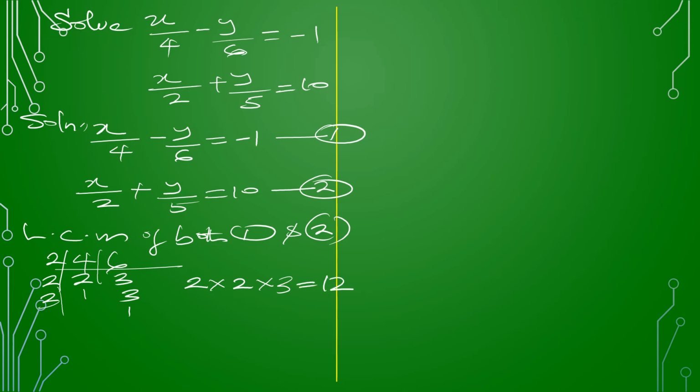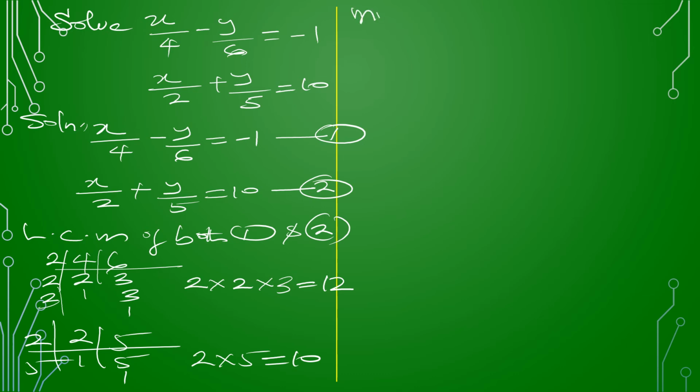12. Then for equation 2, we have 2 and 5. So 2 can go, 1 here, 5. 5 can go, you have 1. At the end of the day, we have 2 times 5, which is 10. So we know the LCM of both equation 1 and 2. So multiplying through by their LCM for both equation 1 and 2, we have